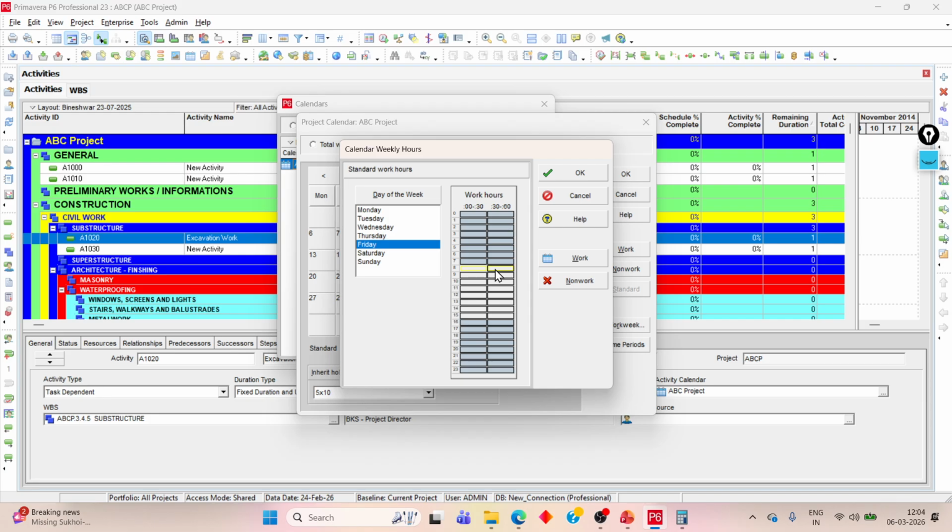India, but it may be for India. So this is the only logic. Okay, this is the only way to change and modify the calendar. So this is the Friday, work,